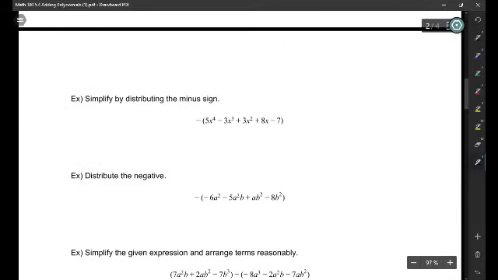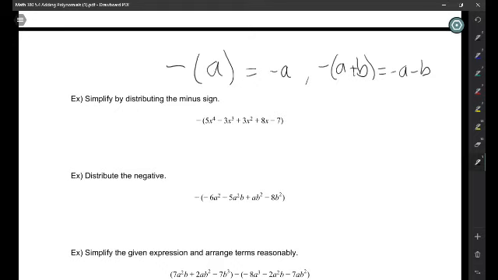Okay, now we want to look at distributing minus signs. So the negative of something is negative a. Likewise, the negative of a sum is negative a minus b. So this minus sign here distributes through to each term. And we get